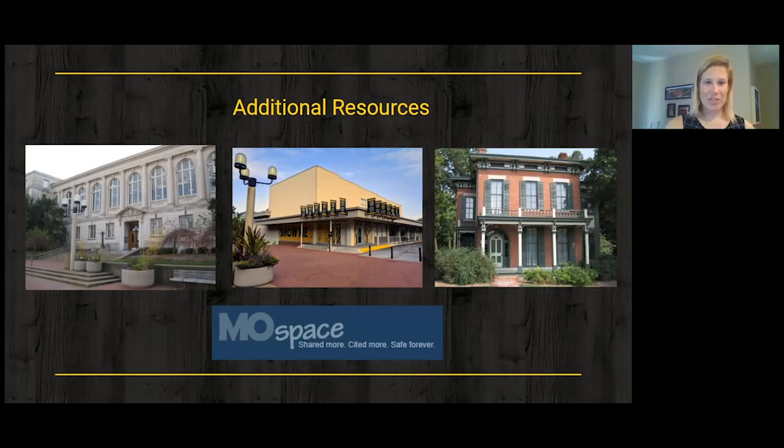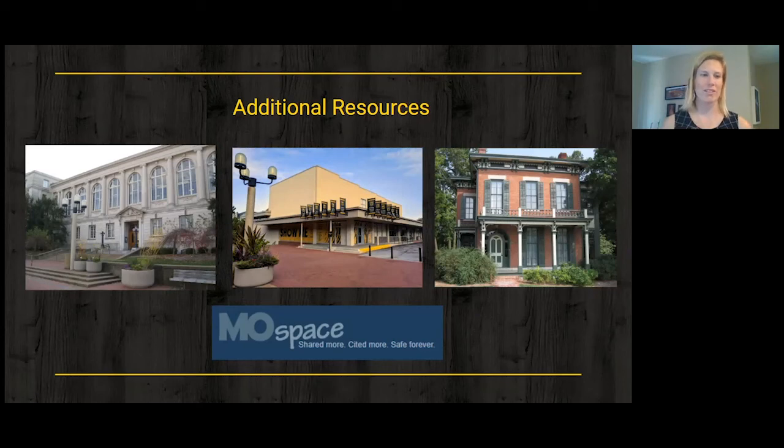And the final image on this page at the very bottom there is MoSpace. MoSpace is our institutional repository, which basically means we digitize and make available online the things that are produced at the University of Missouri. So this means dissertations. If you write a dissertation, your dissertation will be published in MoSpace. The default is that it gets published. You can require that to be behind a login so that only MU people have access if you plan to publish a book with it or something. But our goal is to make the research that's done at the University of Missouri as accessible as possible, to keep it from being behind paywalls.